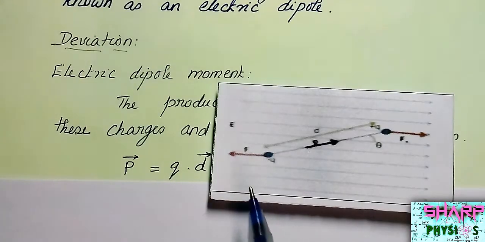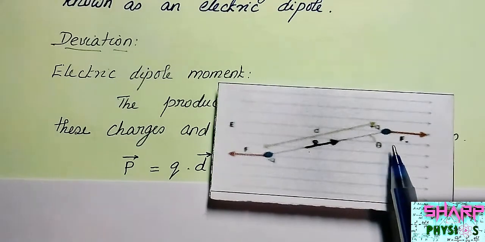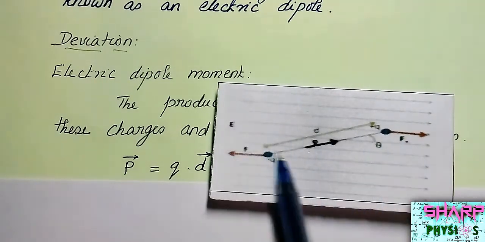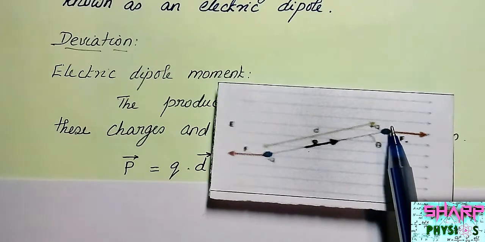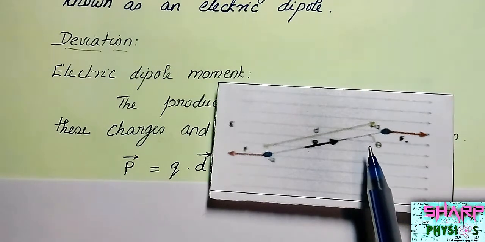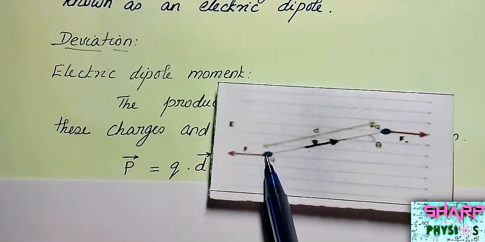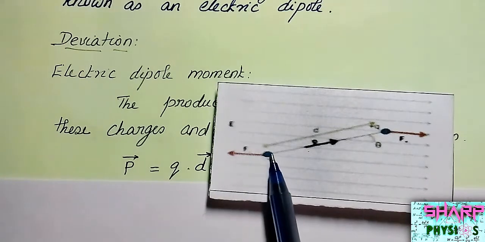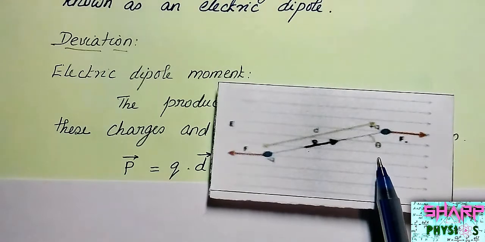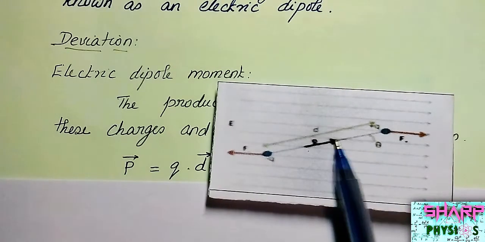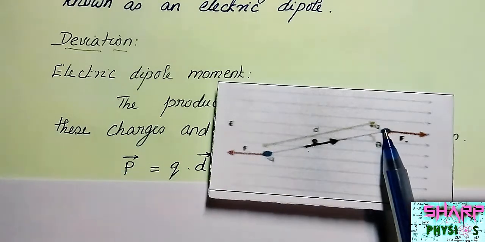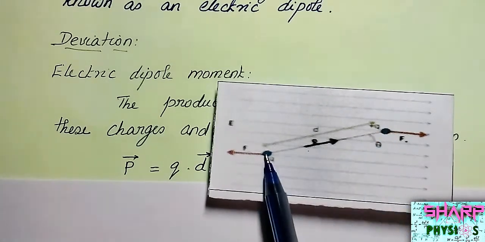When you consider the two charges on the same line and apply a constant electric field, the dipole will be lifted up, so you get an angle. The charges are both in the same place, but when there's an electric field it is lifted up and you get an angle, and the distance between the charges is denoted as d.